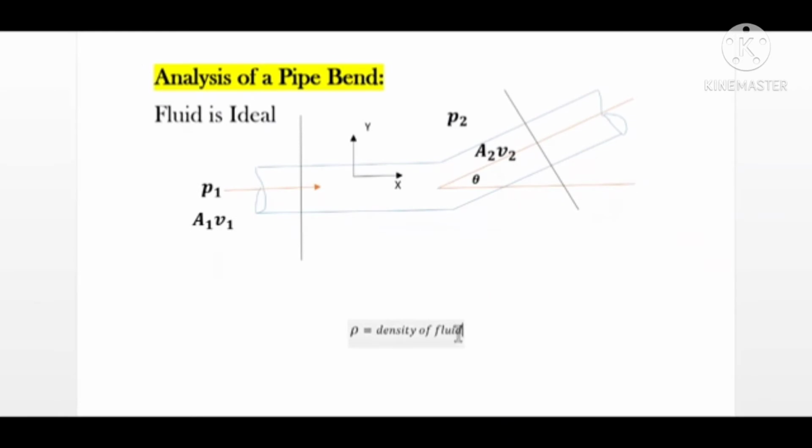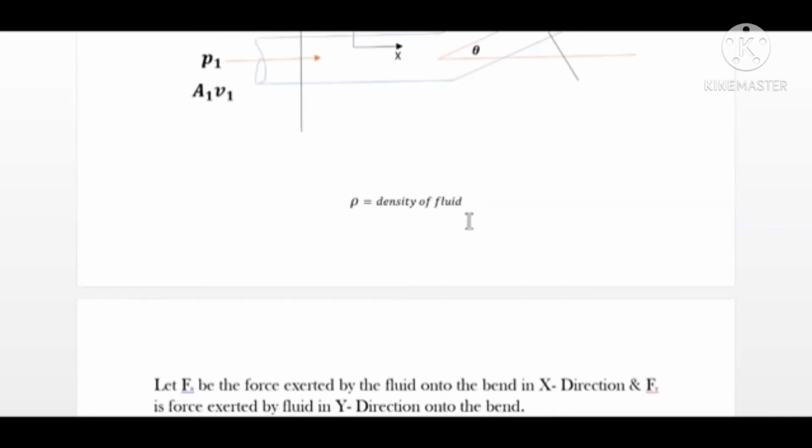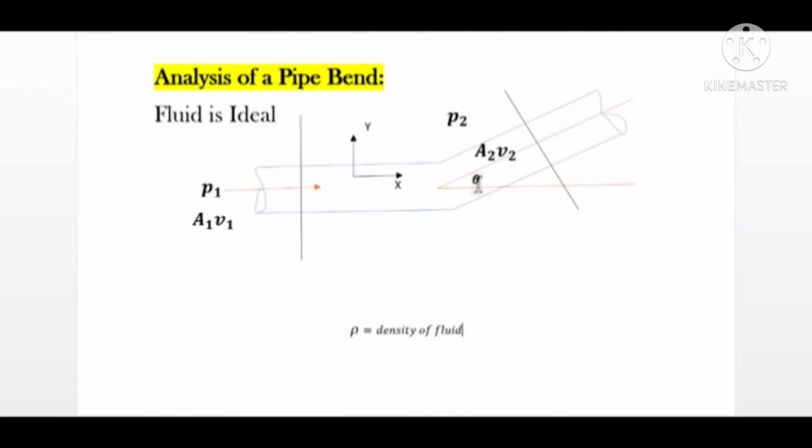Now let us consider that rho is the density of fluid flowing in this pipe, and obviously this direction is your x direction and upward direction is considered as positive y direction. Now let the net force acting in this x direction be Fx, which will be the force exerted by fluid on the pipe, and let the force in y direction be Fy,